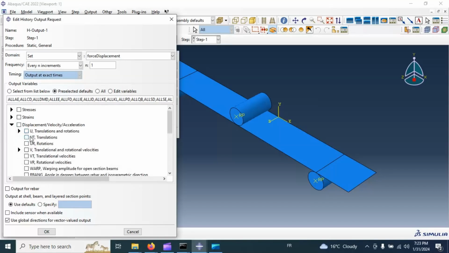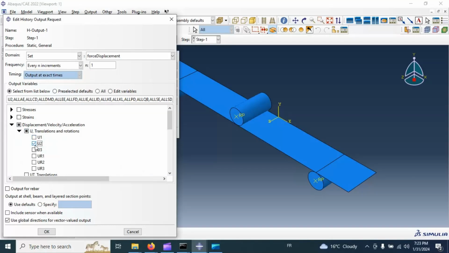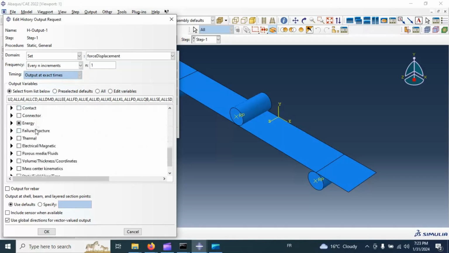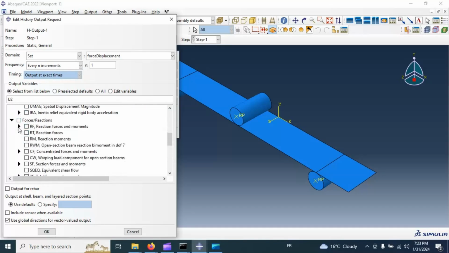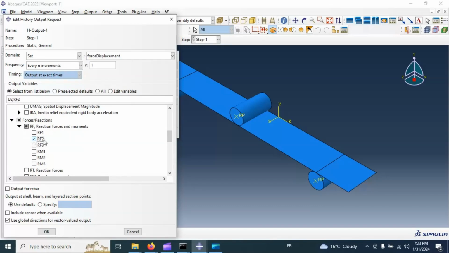Let's go to this data, and also let's remove energy, and also need to get reaction force in the second direction. We need to get the displacement and the reaction force in this direction. Okay,